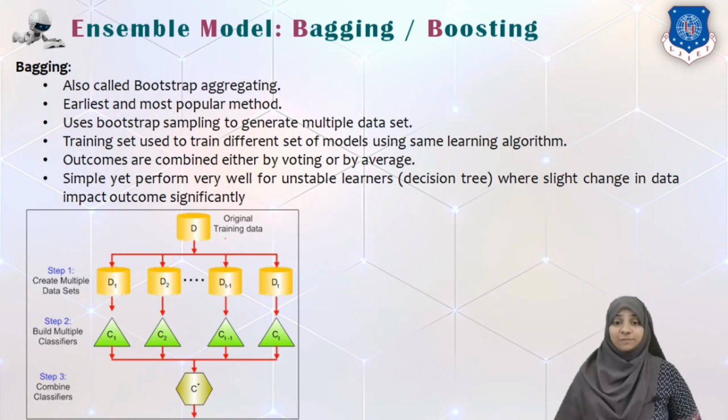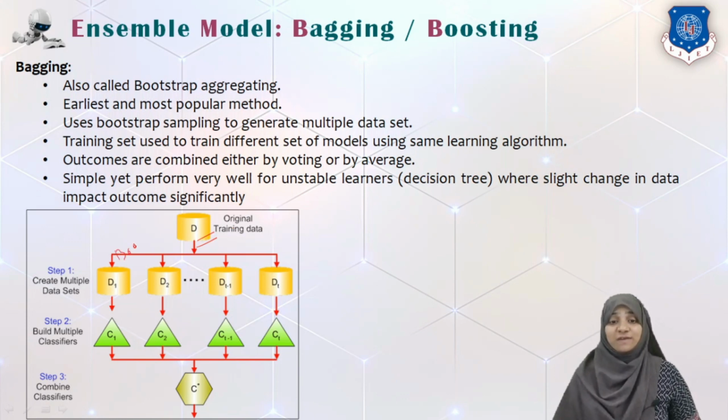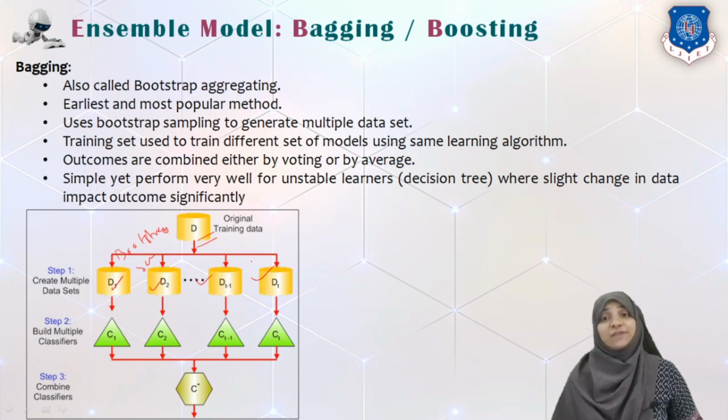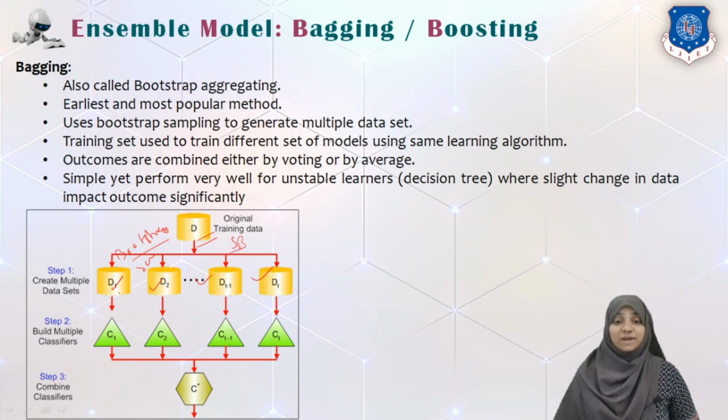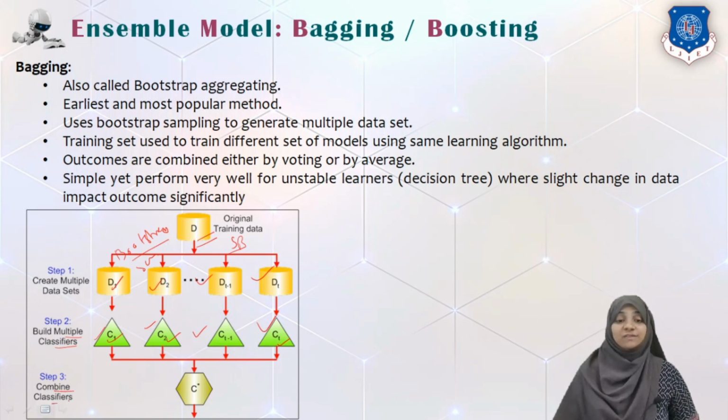As you can see in this particular diagram, we have only one original training data set, and using bootstrap sampling, we generate different data sets of the same size. Remember that bootstrap sampling uses sampling with replacement. So data sets can be generated and we have different classifier algorithms or different learners over here. This is nothing but an example of classification. So this is classifier 1, classifier 2, likewise we have P classifiers. And we have something called a combined classifier, which can take a decision based upon the hypothesis produced by each